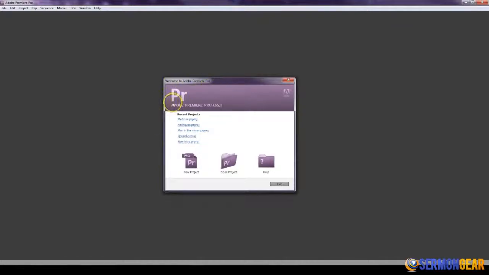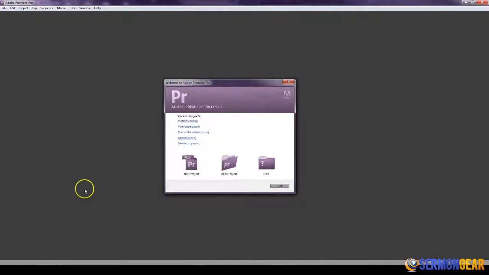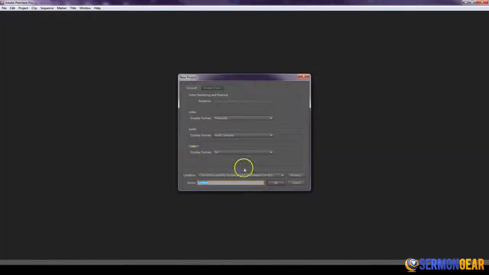I'm going to go ahead and use Premiere Pro. There's a cheaper version of this called Premiere Elements 10, and you can just go to adobe.com and download that straight there. But we're going to go ahead and get started here. I'm just going to show you how to do it inside here, but the rules are straight across the same on any video editor that you're going to create. So with this here, let's go ahead and start a new project. We'll call this